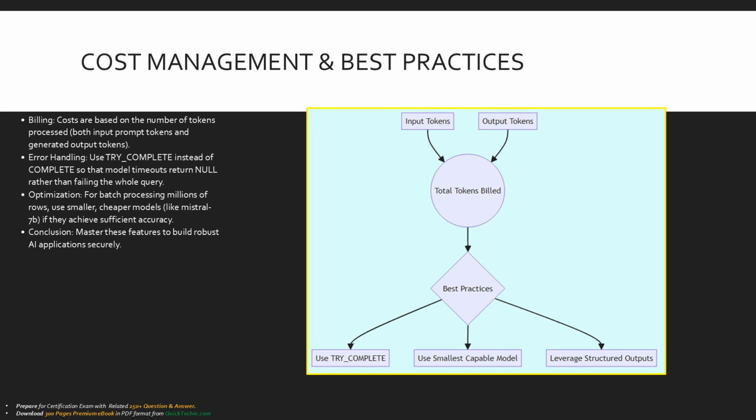Finally, let's discuss best practices and cost management. AI Complete is billed based on token consumption. You pay for both the input tokens you send and the output tokens the model generates. Therefore, keeping prompts concise saves money. When running this function across millions of rows,